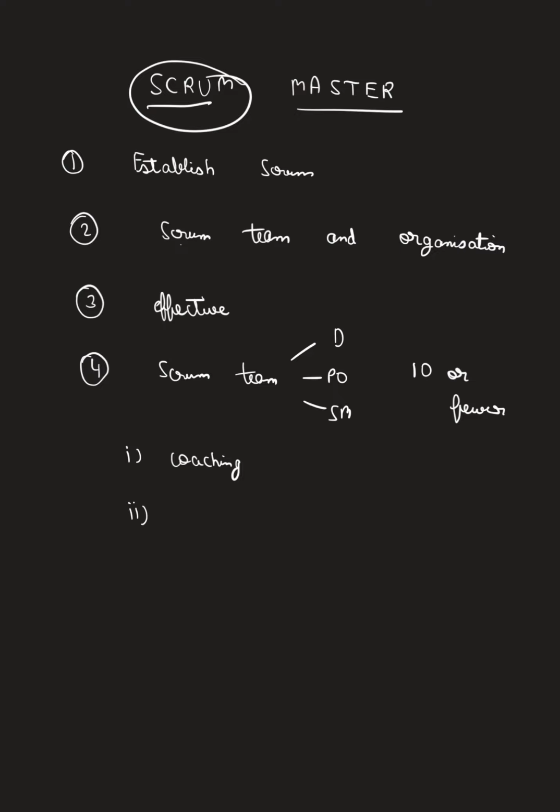Then the second way by which a Scrum Master serves the Scrum team is he helps the Scrum team focus on creating high value increments. High value increments means increments which meet the definition of done. What are increments? All the product items that you complete which meet the definition of done are increments. What is the definition of done? Definition of done means how your product is acceptable.